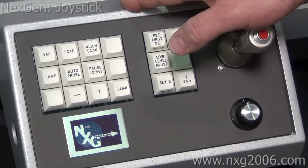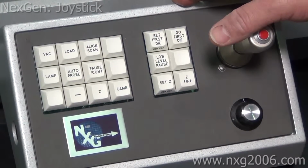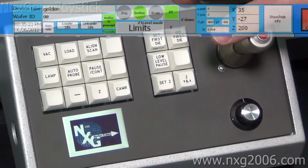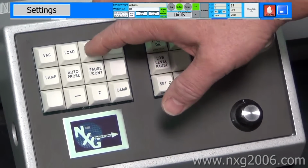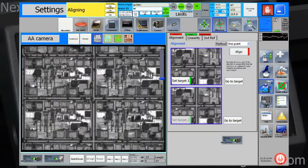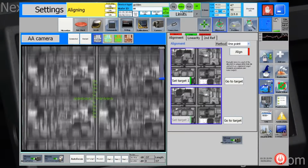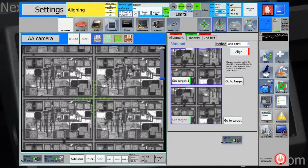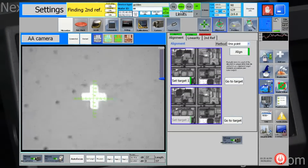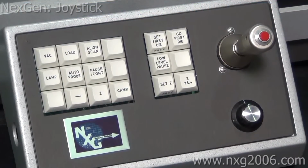A line scan, this is tied to the auto line. So what it really will do is if you hit line scan, it'll go out and perform the alignment function that you had pre-programmed in the system. So we already trained it as one-point alignment. So if I press a line scan, the system will go out there and it will find the target and it will auto-align. And then it'll find its second reference, and then it'll move on to where its previous first die was